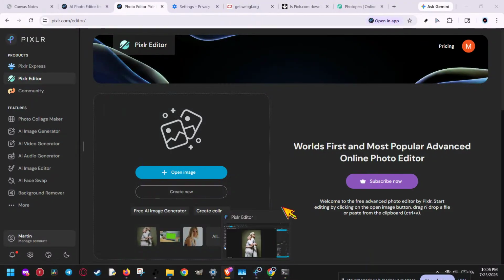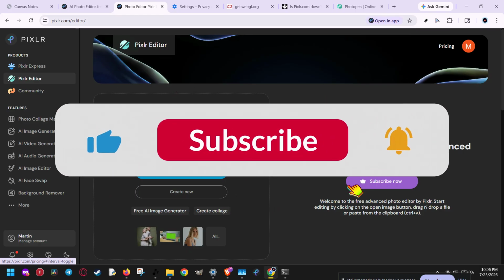If you're seeing a Pixlr 502 bad gateway error, don't worry. In this video, I'll walk you through the fastest fixes step by step so you can get Pixlr loading again. This is usually caused by a temporary browser issue, a bad cache, a cookie problem, an extension conflict, or even outdated network data on your PC. The good news is that you can usually fix it in just a few minutes without needing any advanced technical